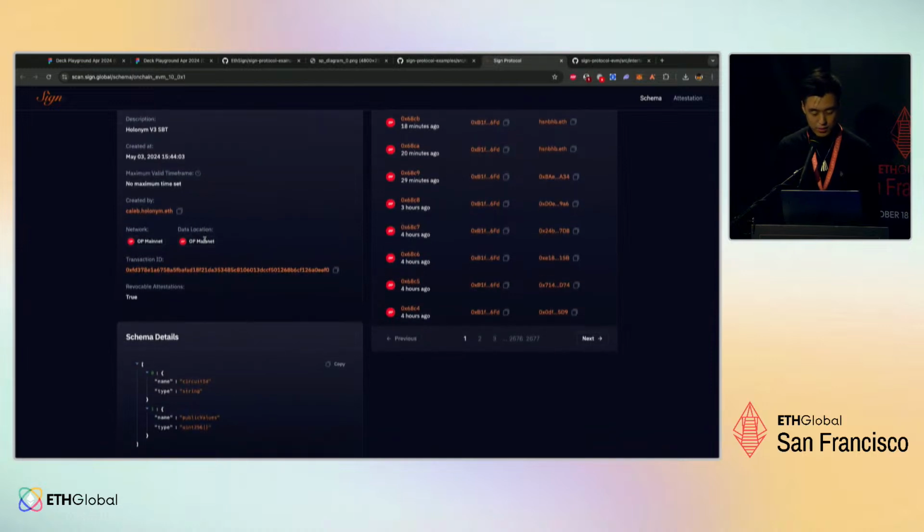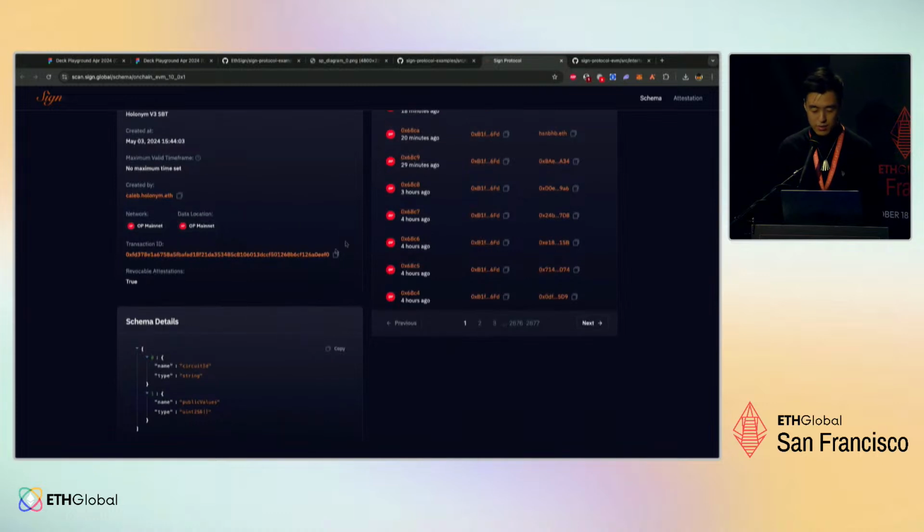So the network, the data location. Now, the data location can actually be separate. I'll show you later what that means. Transaction ID, you can go to the block explorer if they're revocable, okay? And also the schema details, this is interesting. So this defines the data format that's in the attestations. Now, you don't have to follow these rules. You can feel free to misuse this, but the only downside is that, one, you'll be confusing people,